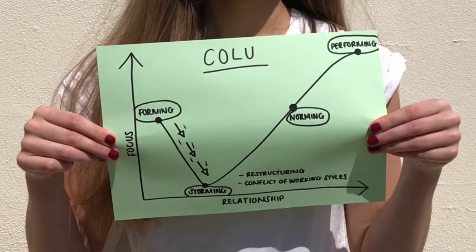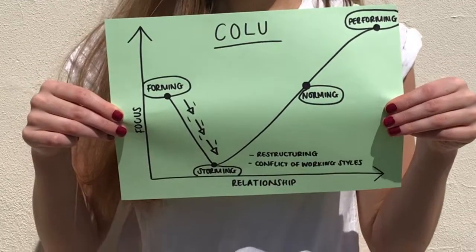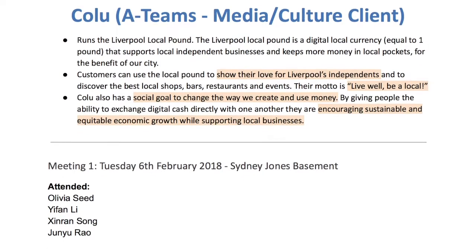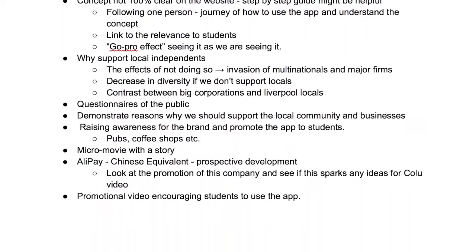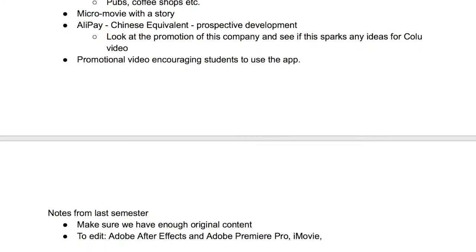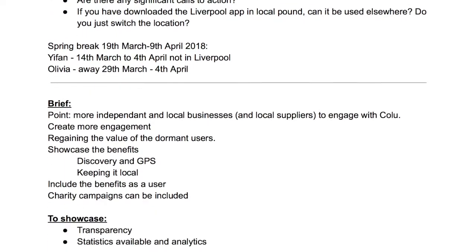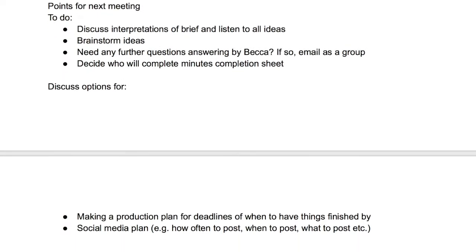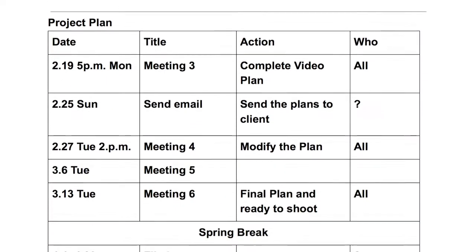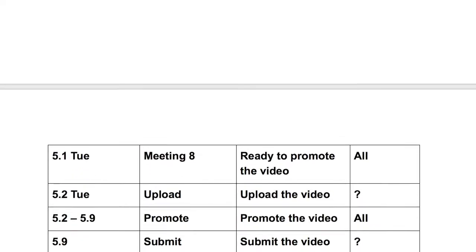As noted within the storming phase of group development, there can be conflict of natural working styles and opinions on how to complete the task. As a group, there were clear divides and separations amongst individuals who differed in opinion about contributions and how to approach the task. Although there were some attempts to resolve the issues and to move into the norming stage, it seemed the differences were too overwhelming.